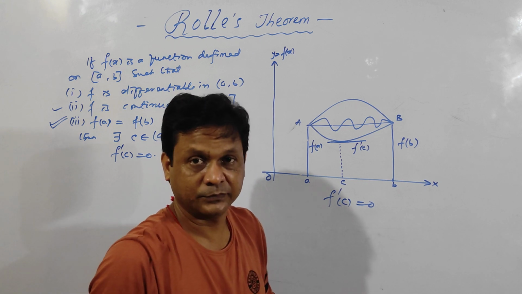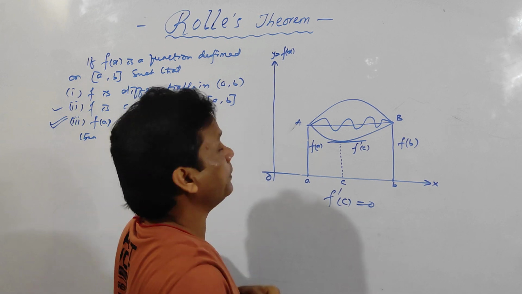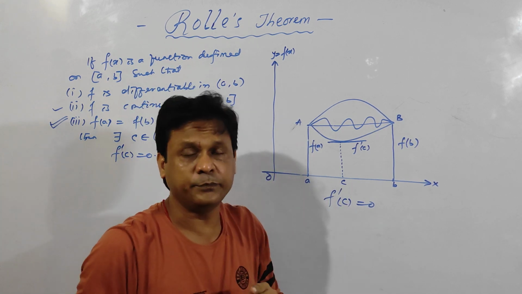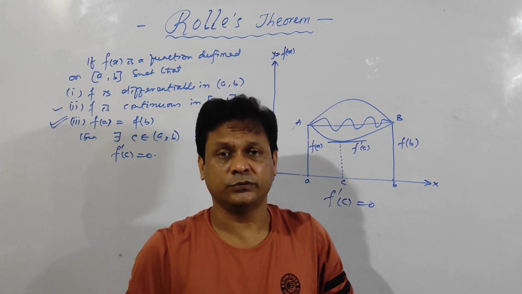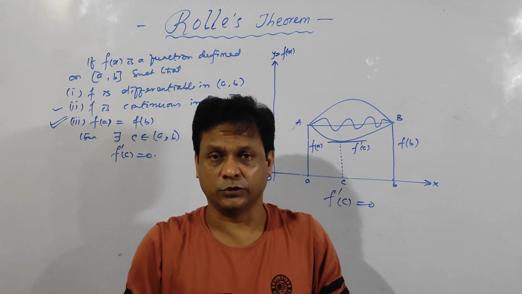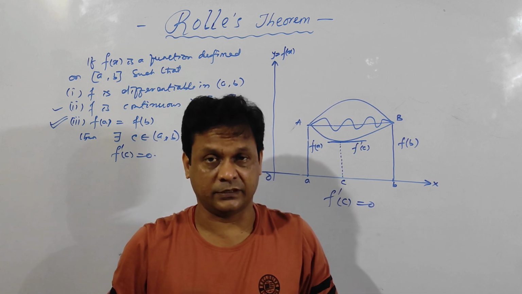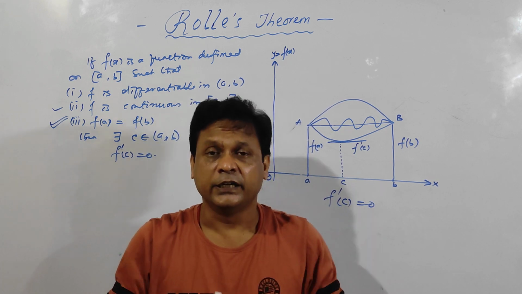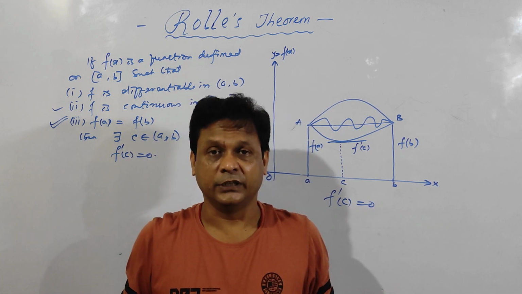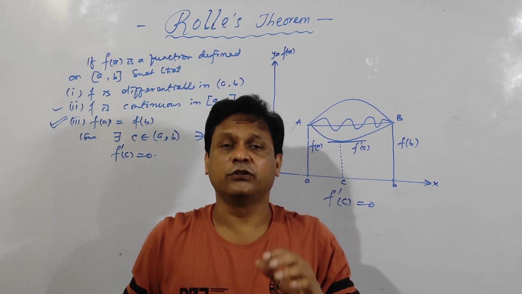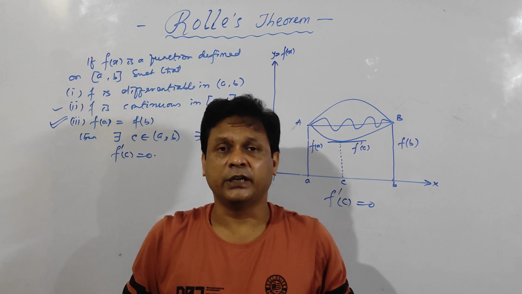So this is Rolle's theorem. Clear? That means if f of A is equal to f of B and f is a continuous function, then at least at one point there will be a tangent parallel to the x-axis. It is the geometrical interpretation of Rolle's theorem. That means at least there will be one point where the tangent will be parallel to the x-axis, which means its slope will be equal to 0, that means f dash equal to 0. This is Rolle's theorem. Clear? See here. And now I will tell you how to verify Rolle's theorem. And for verification, I want to tell you something.